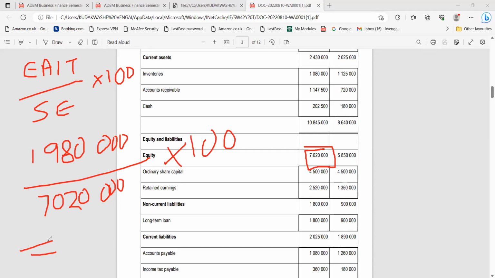1980,123 divided by 702,023, multiply everything by 100. And then you get 28%. 28.21%. So you can see, just like I was saying last week, these you should totalize, because these things are